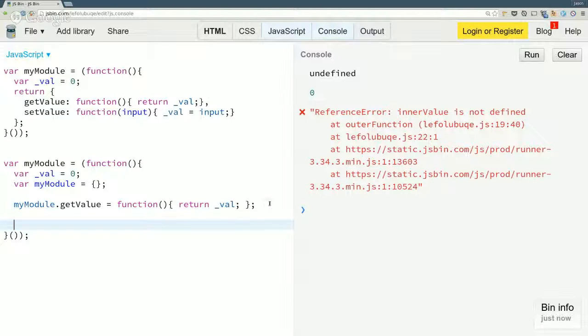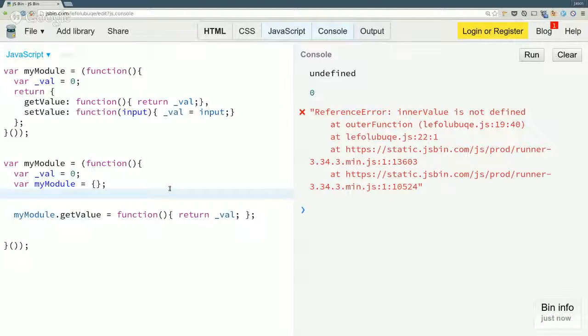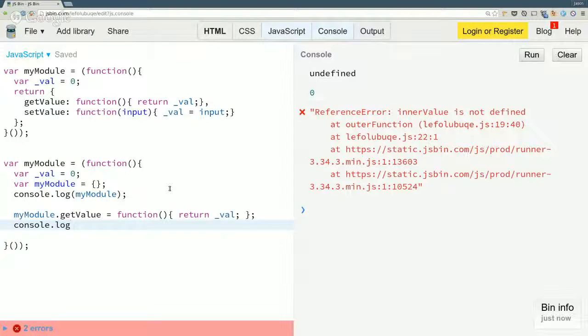Because it's assignment, I have a semicolon at the end here instead of a comma, because I'm not assigning key value pairs inline. I'm doing a function expression assignment when you're setting the value to get value. So you're doing the function that returns value, right? Yep. For closure, right? But could you just set it to like parentheses return val? Module get value equals parentheses return val.